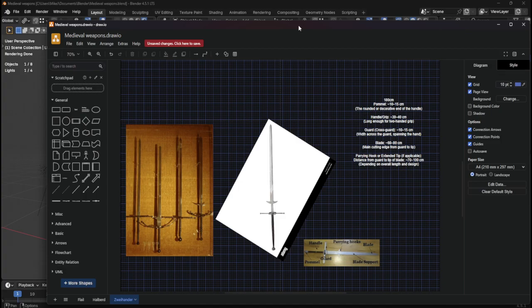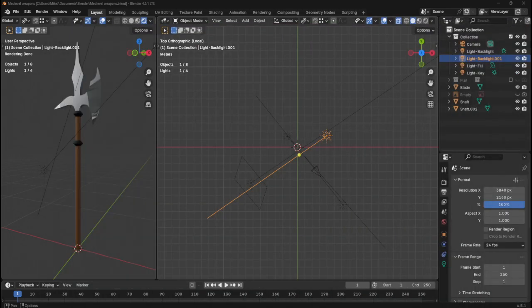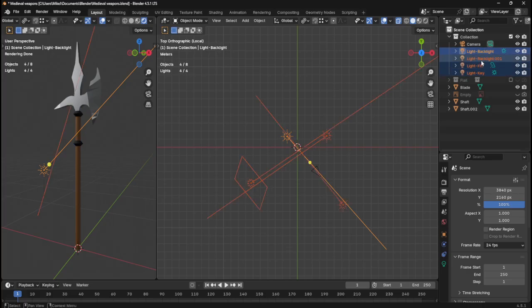So what we're going to do is, I've jotted down the measurements just here. It's about 180 centimetres in length total, and I've got the measurements of roughly how long the different parts are. So when we're modelling it, we can try and keep it kind of real life scale. So what I'm going to do is add these to a collection and call this lighting,